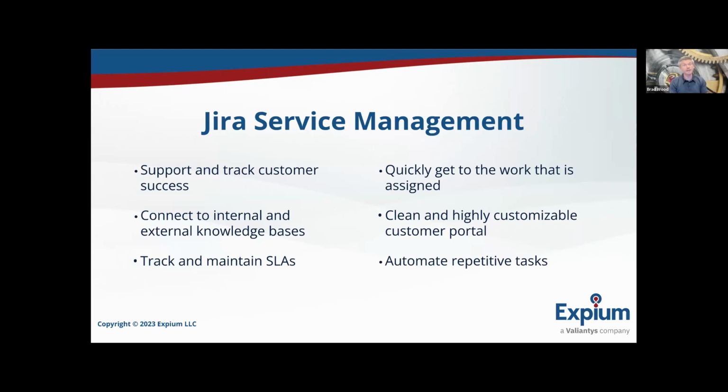So your customers do not need to be a part of your organization in order to submit service requests through your instance of Jira Service Management. And really, it's not just for IT teams. It can be for any service team within your organization. So your HR team, your legal team, your marketing team, really anybody who's providing a service or receiving service requests